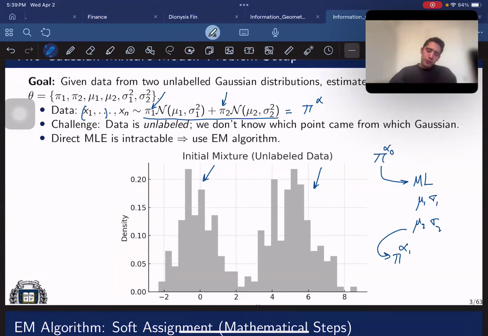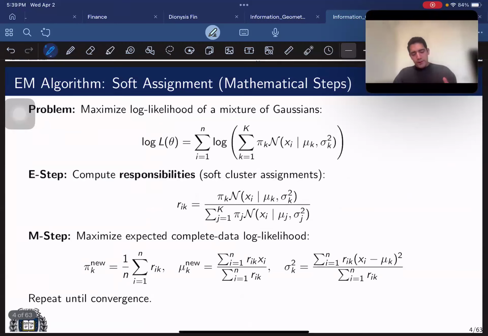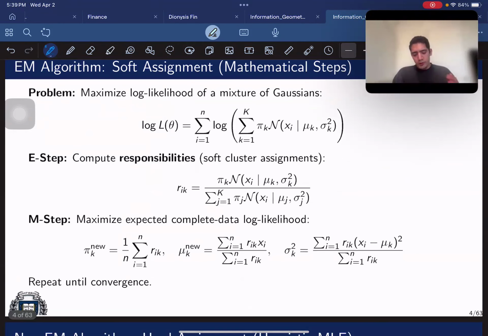But the problem here is how to do the second step. We already know the first step, which is just the maximum likelihood estimator. So this is the famous EM algorithm, in which you estimate and then maximize the likelihood. It is as follows. You start with the log likelihood of a mixture of Gaussians with some weights which you